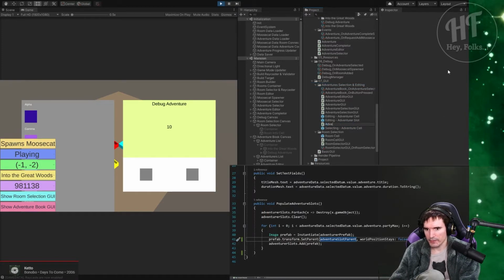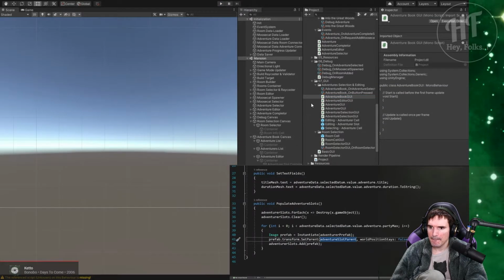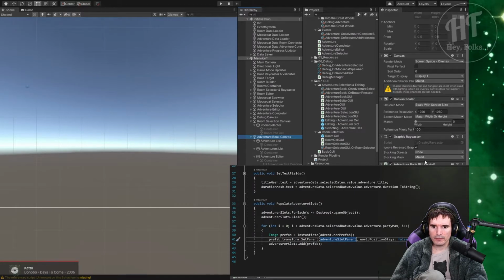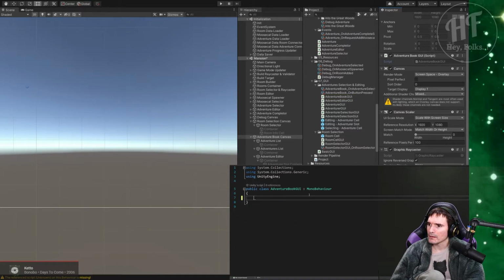Yeah, so then we'd have adventure book. And we go down, hit play. Now these other things could survive without the adventure book, but I would argue that the adventure book cannot survive without its children. That is an acceptable